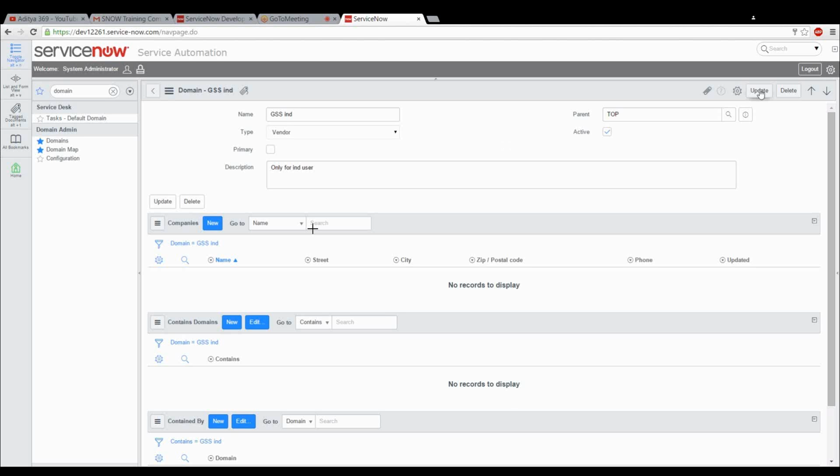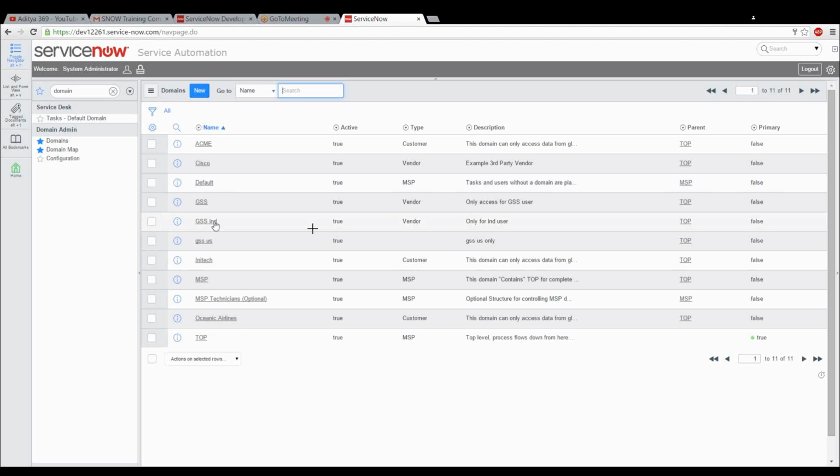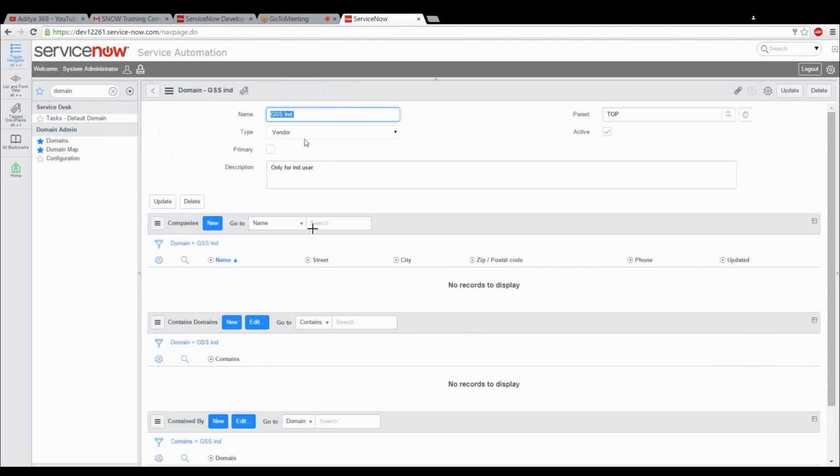Yeah, here it is. Change the parent. Have you done GSS India? Here is a parent option, right? Yes, open GSS India. Change it.